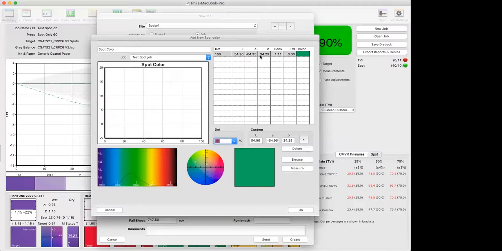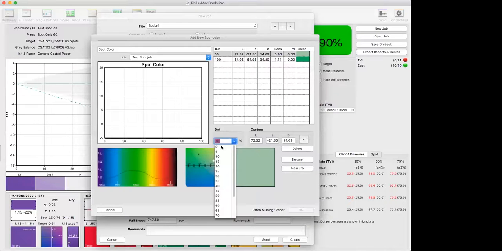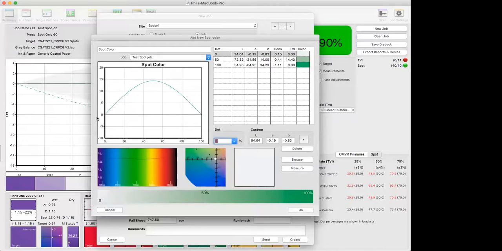So let me show you. I'll just measure 50%. And as soon as I do that, a warning comes up or a requirement comes up. It says paper patch missing. So if we are measuring tint values, then pressSIGN, in order to calculate the curve, which is blank here, requires you to measure the paper color as well. So I'm going to measure the paper color right now. I select 0 in my dot area,